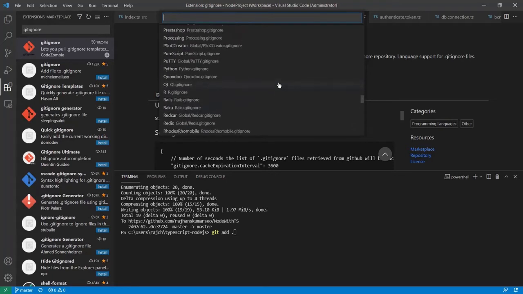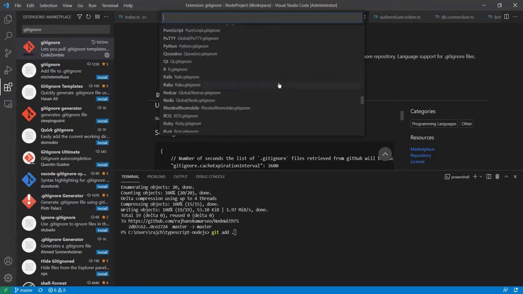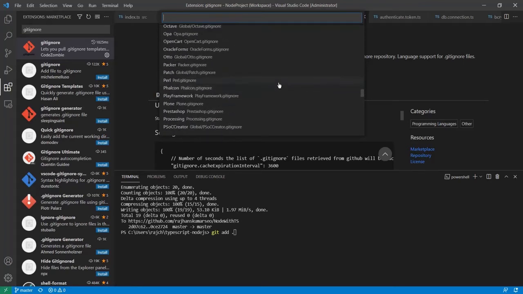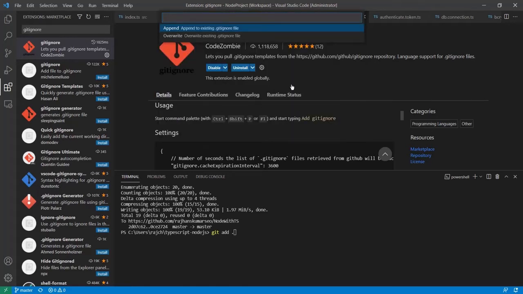So you can see I added this file. Let me show you. I have already added it, but I am going to show you here. When I click on Node.gitignore, it asks me to append or override, because I already have the file.